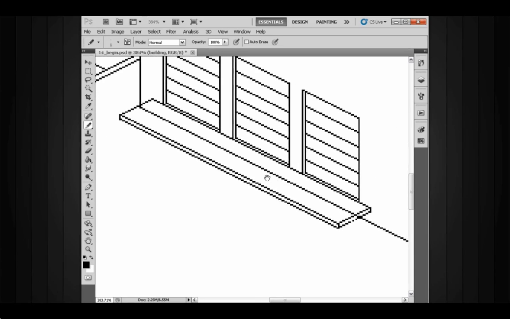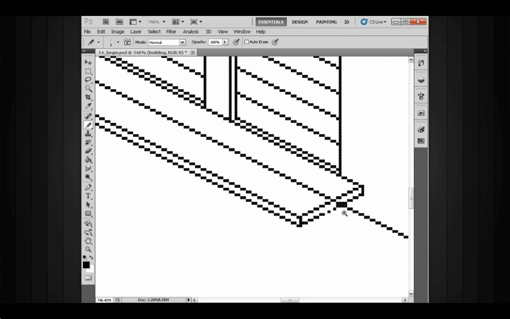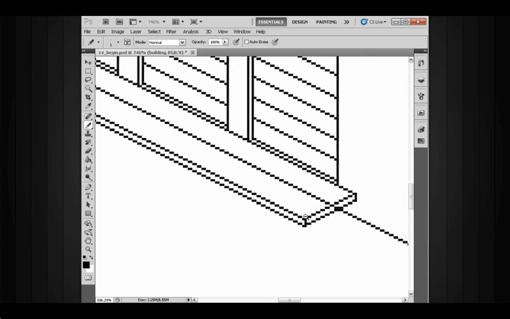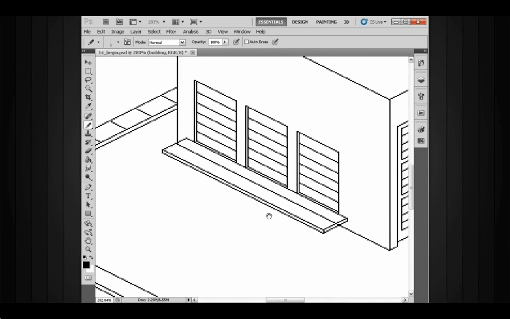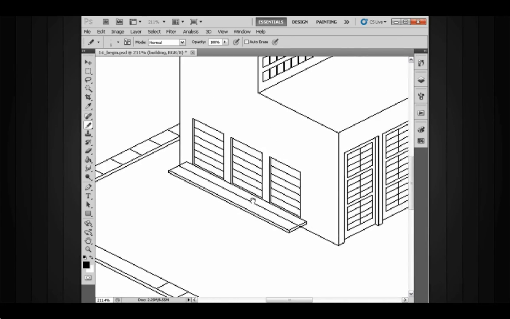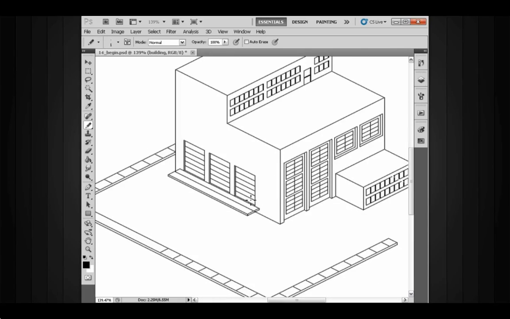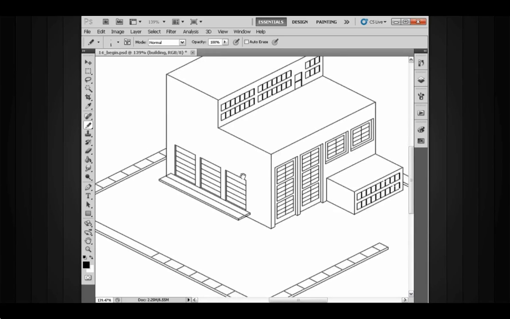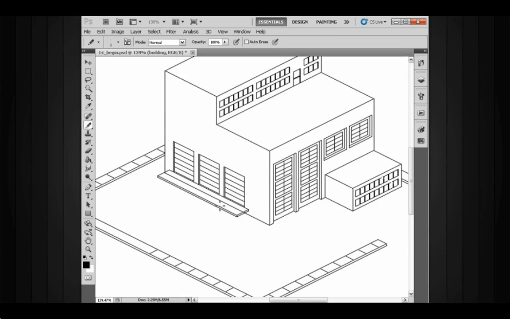Alright, so now all we have left to do to complete this dock design is to come in and actually draw in some legs that might be poking out underneath it. And you know, that brings up a good point. We've got really a lot of geometric lines so far. We have very little, actually we have no curve lines yet. And curve lines are really important when it comes to pixel art because without them it all seems sort of static and sort of mathematical, if you will. Now curve lines are really going to provide a lot of variation, a lot of contrast against these harsh geometric lines. So it's a good idea to think about mixing in curves and ellipses wherever you can